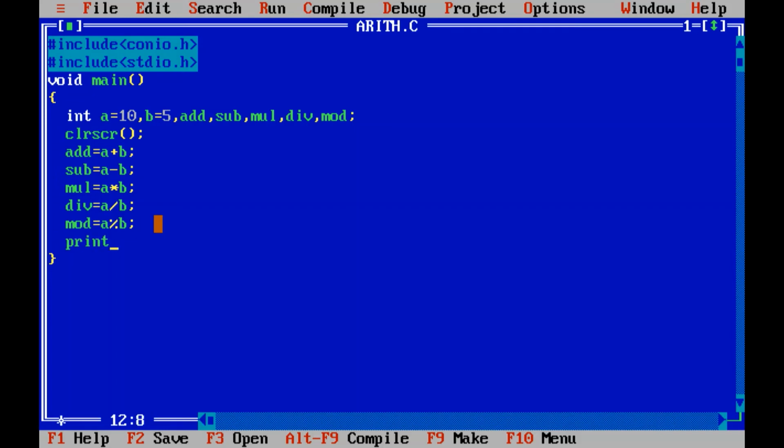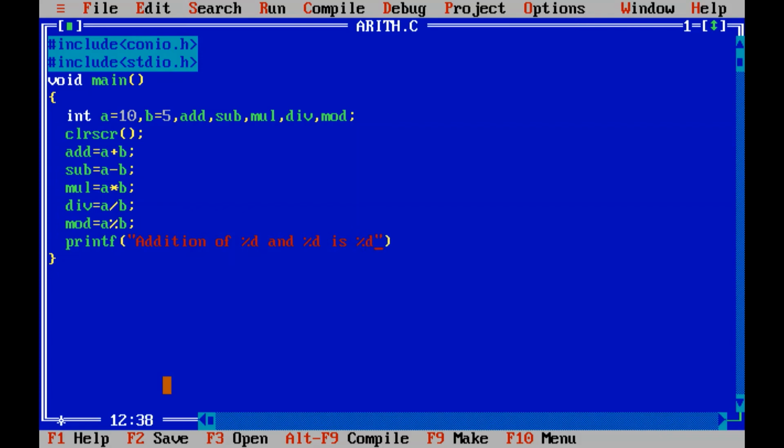So printf, addition of a, that is, I'll use %d because I want to show the values of a and b. So %d and %d is %d.